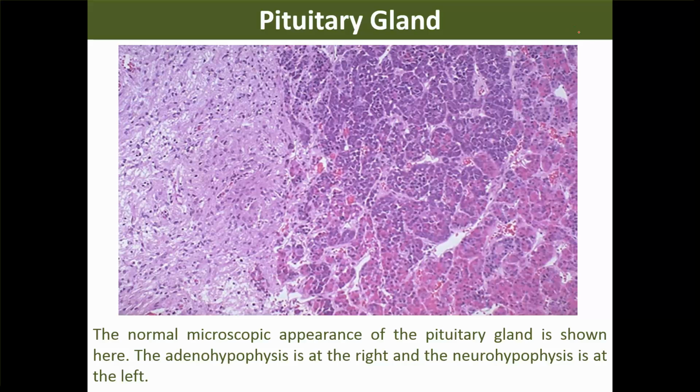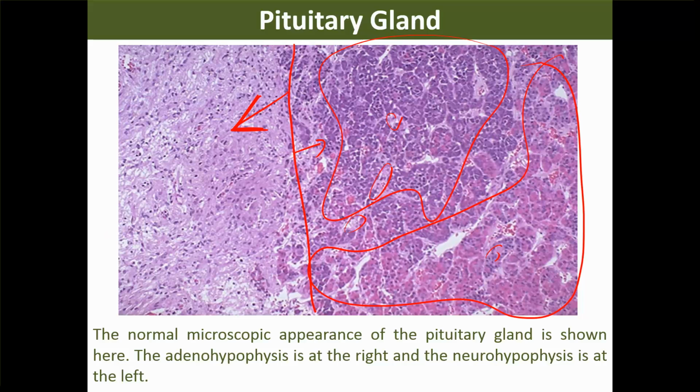What you are seeing, two different areas. The area which has purple color cells along with pink color cells, and in between there are some cells which are not taking the color, dull looking cells. But this area